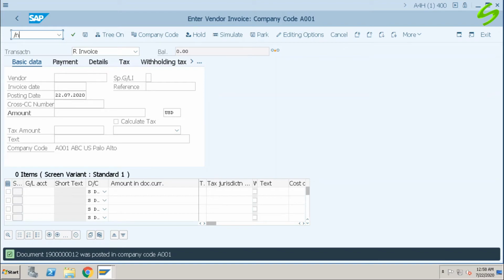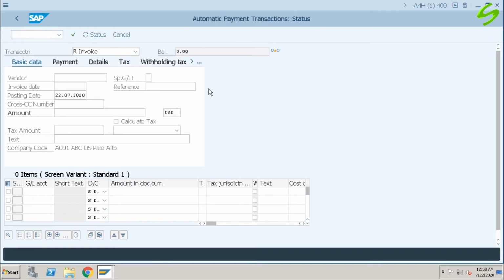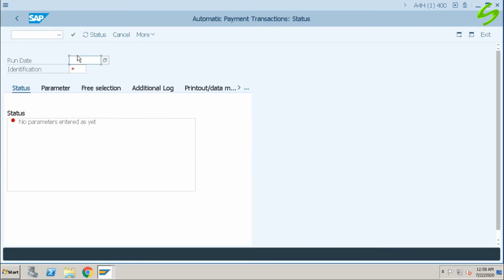Now let us go to the APP run. Transaction code is F110. Enter run date and identification. These are the unique values using which you can identify different payments. You can have the same run date, but you can have different identifications. This is used to identify unique payment runs.